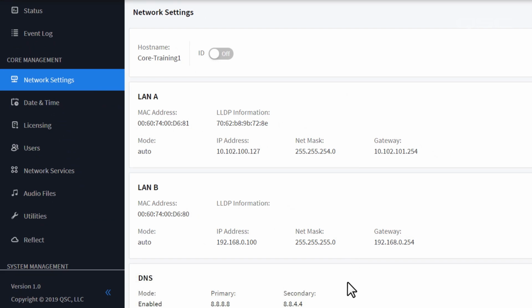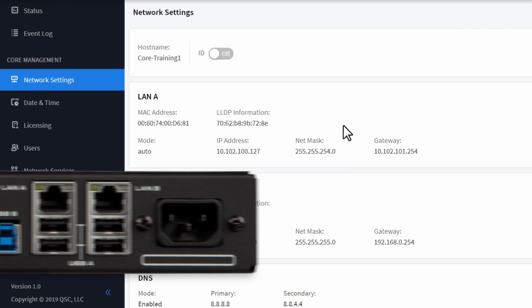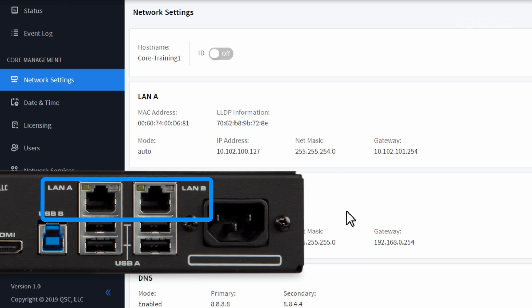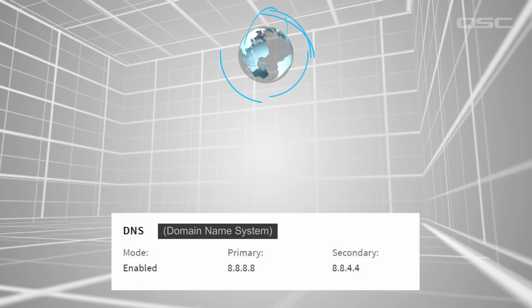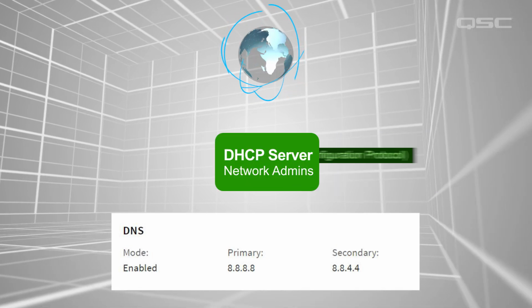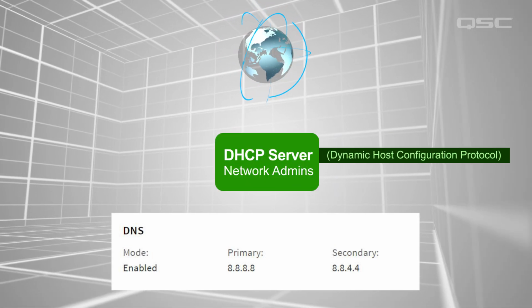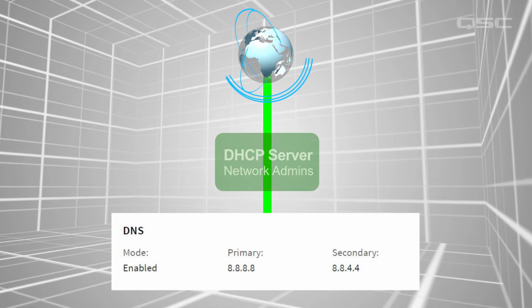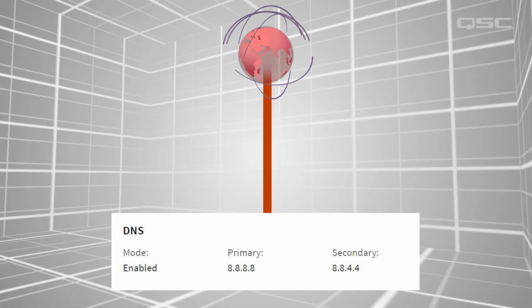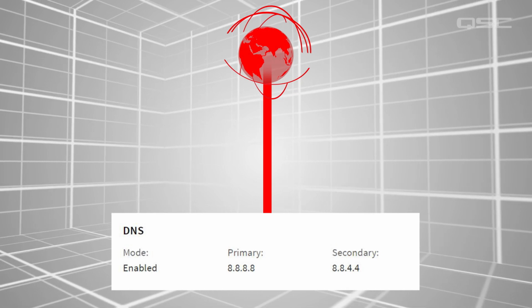LAN A and B represent the network interface ports of the same names on my core. The DNS address and the gateway settings populate automatically from a DHCP server somewhere on the corporate network, or are provided by the network administrator. Without a valid gateway and DNS address, you'd be unable to connect to a web address using a fully qualified